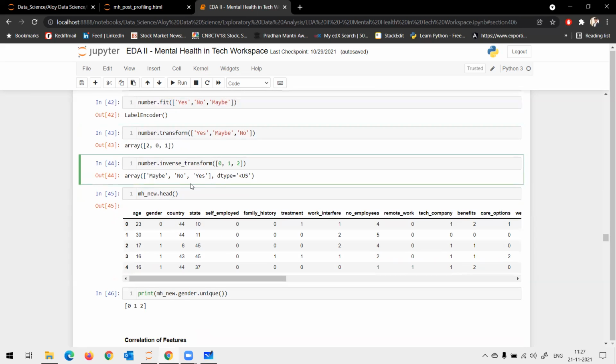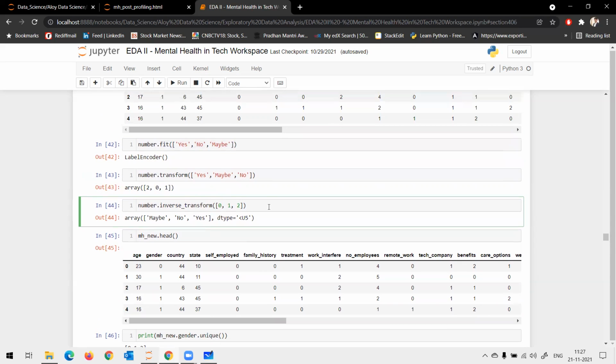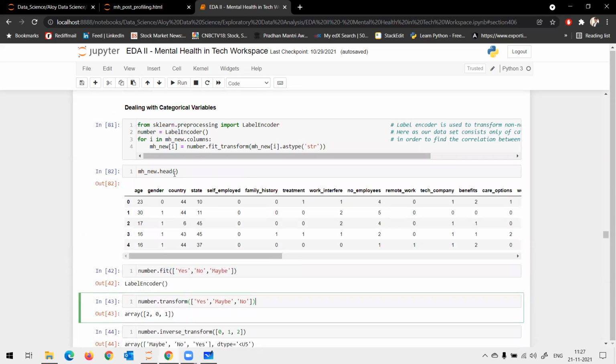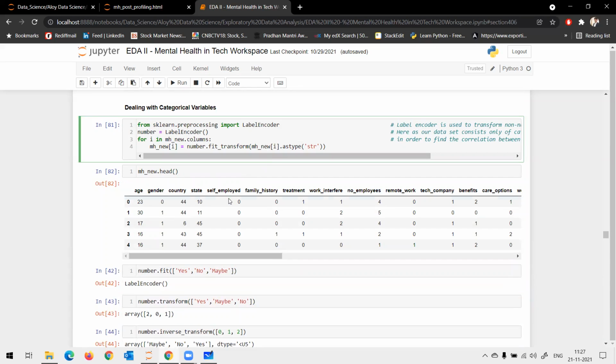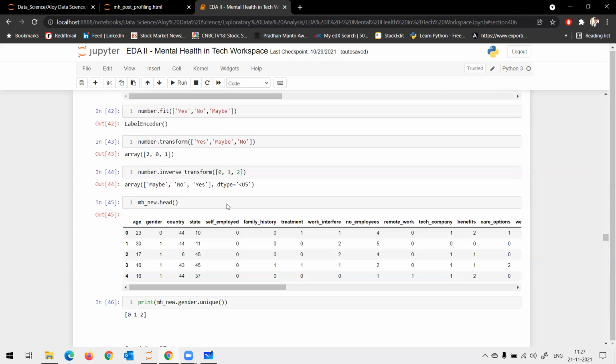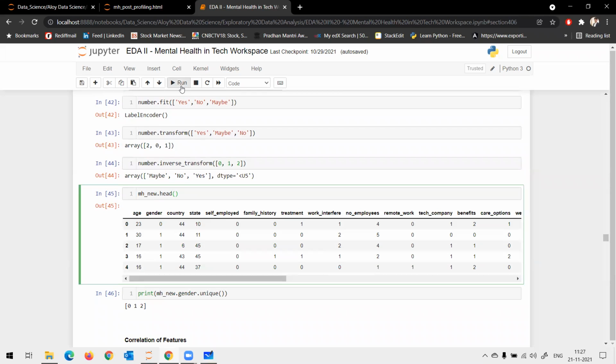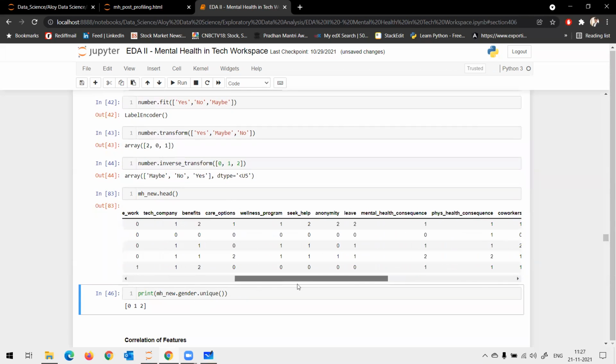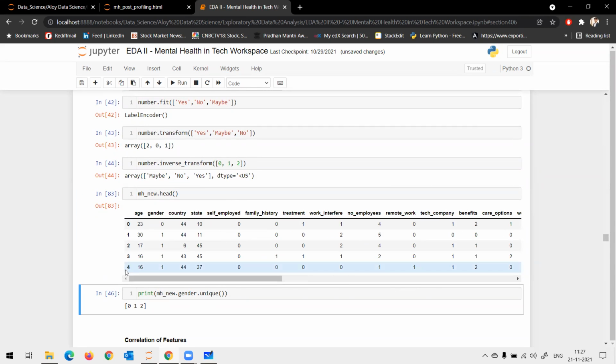Or you can use inverse transform to go the other way, but I do not recommend this because we don't use it anywhere. You can just focus on dot fit and dot transform for your LabelEncoder and for your scaling, MinMaxScaler. Now your data set is completely numerical.